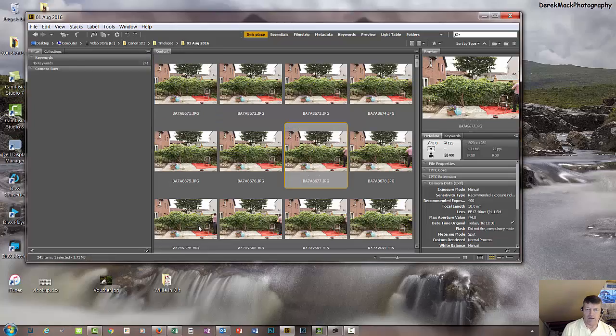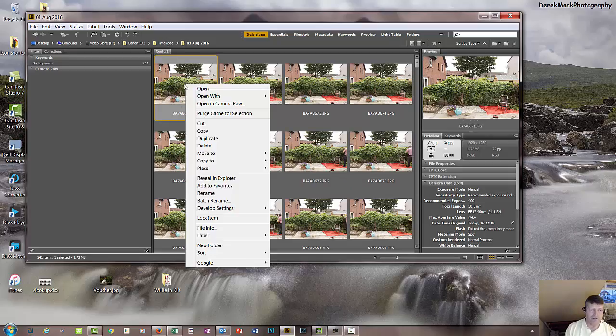So there we go. There's all the images. So we can close Bridge now. Actually, you know what? I'm going to do a little bit of editing, and we'll do it here in Bridge. I'm going to right click on my first image, and you can do this in Lightroom. I'm going to do it in Bridge. I'm just going to right click the first image. I'm going down here to where it says Open in Camera Raw,